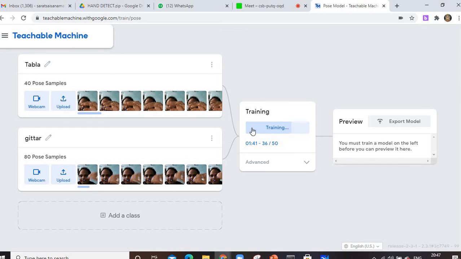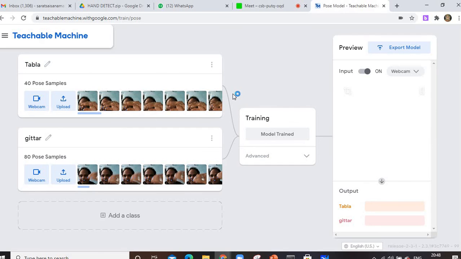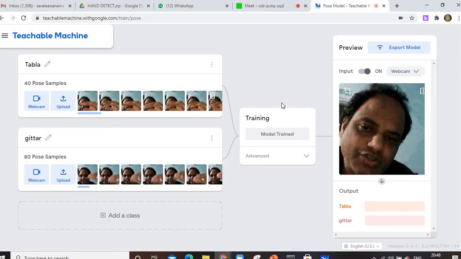When you give the input, it will classify whether you are playing guitar or tabla. See, now it is training. After completion of the training, we'll see whether it classifies perfectly or not. This is a classification problem, but on images. This is a binary classification, guitar and tabla. What type of loss function is used here? Binary cross entropy, or binary log loss, you can say, is used here.